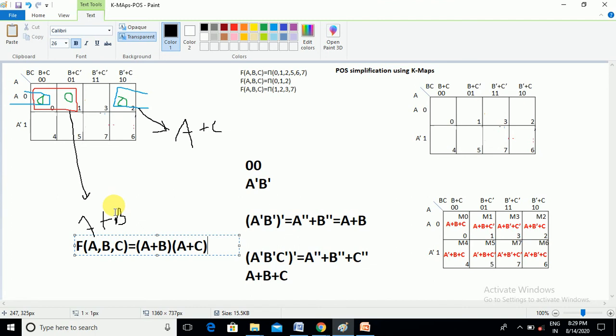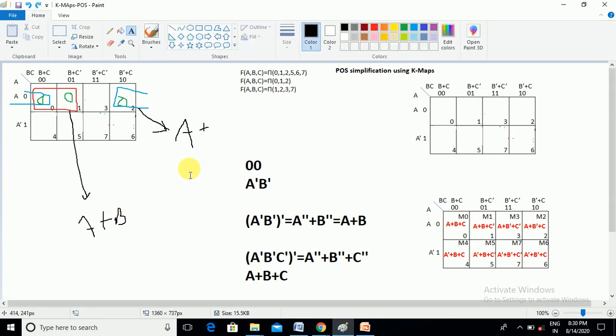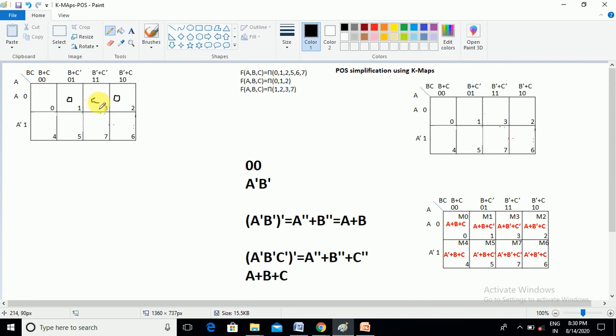1, 2, 3, 7. 1, 2, 3. And this problem is also very well known and very important also. Okay, now from this problem let us do the mapping, a very important one.